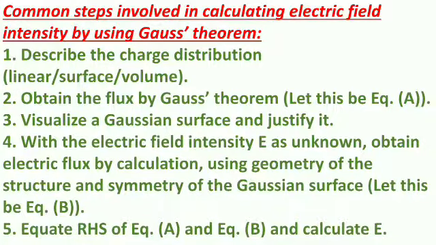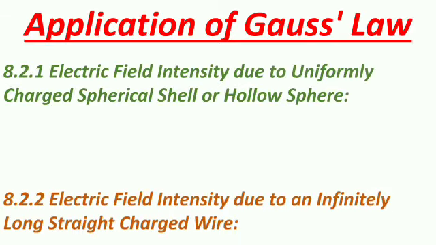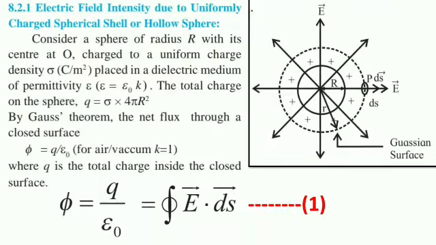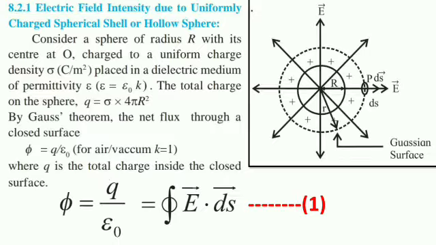So let's jump to our main derivation. Here, as we have our equation number 1 with us, to find the electric field intensity at a point P at a distance small r from the center of the charged sphere, imagine a concentric Gaussian sphere of radius small r passing through point P. Let ds be a small area around the point P on the Gaussian surface, due to symmetry and the sphere being concentric.